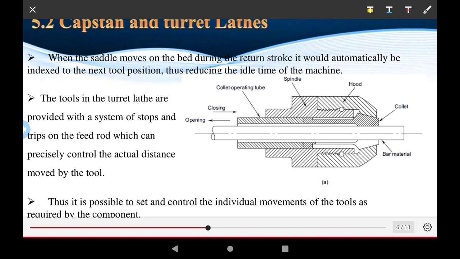Thus it is possible to set the control of individual movement of the tools. Selected for the direction given, the direction of the tools is given for the x axis, and the tool also moves along the x axis. Control individual, this tool is also